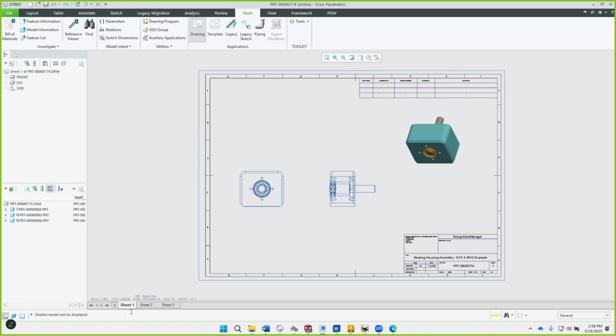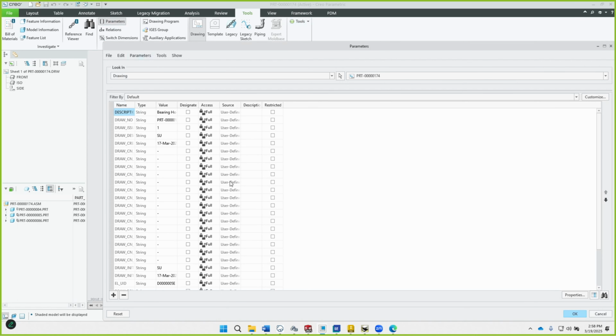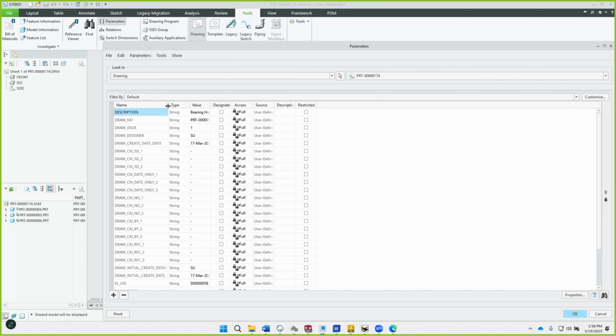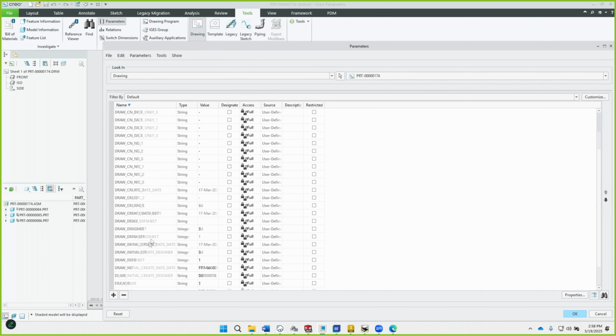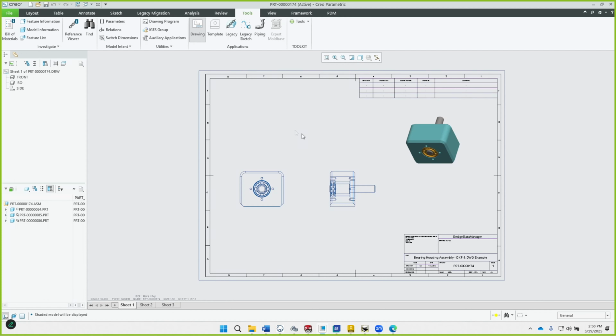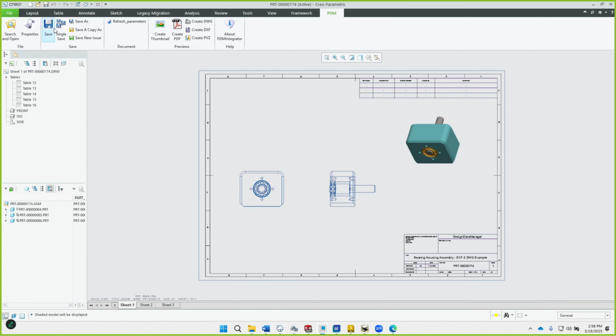On this drawing I've got 3 sheets, and if we look under tools and then properties, we've got these 2 properties here for draw DWG sheet and draw DXF sheet, and whichever number we set this to dictates how many of those sheets will be produced as a DWG or a DXF. So we've got the first 3 sheets for the DWG and the first sheet for the DXF. So if we save this,